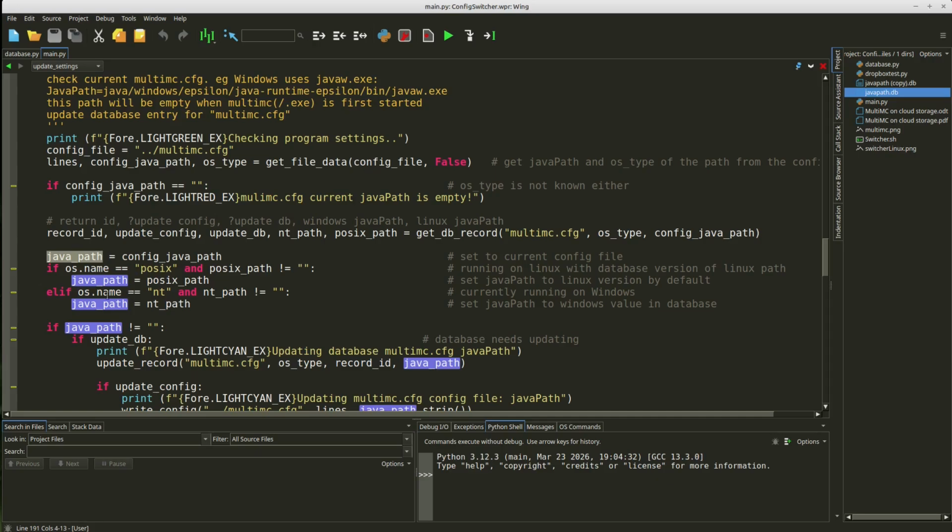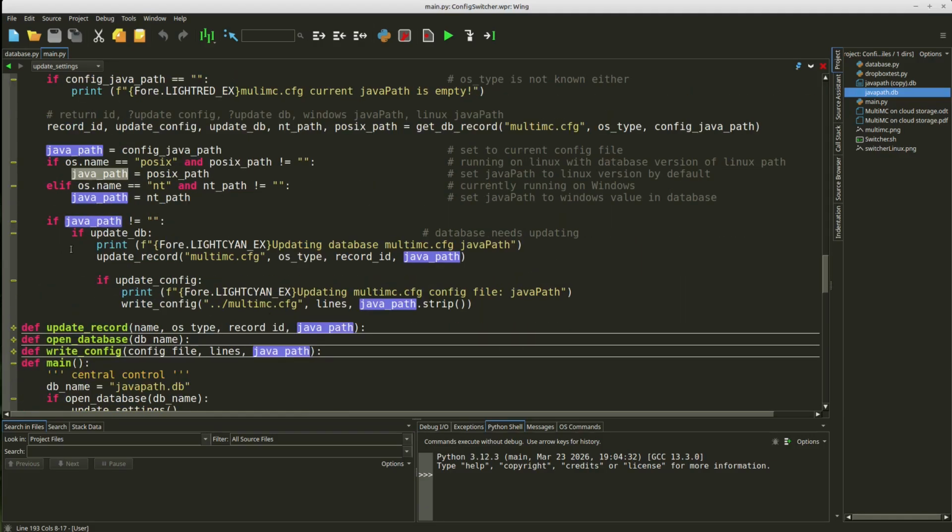Then we're checking, depending on the operating system that we're using, whether the Java path that is stored in the database can be changed to either NT or POSIX as appropriate, so that we've then got the config Java path as one variable, and then we've got the Java path that we want to change it to in another. Final check to see that it's not empty if we're updating the database, and then we update the record again,